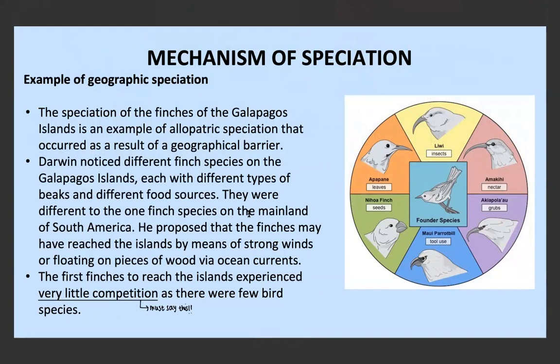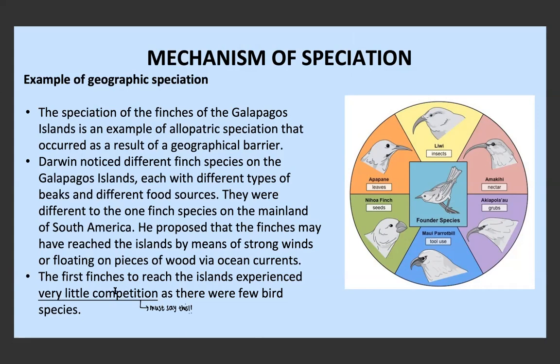This is what Darwin proposed. He saw that they were different to the main finch species on the mainland, and he proposed that how they got to the islands was perhaps through strong winds or floating on little pieces of wood through the ocean currents. When they reached the islands, originally there was very little competition because there weren't very many bird species,